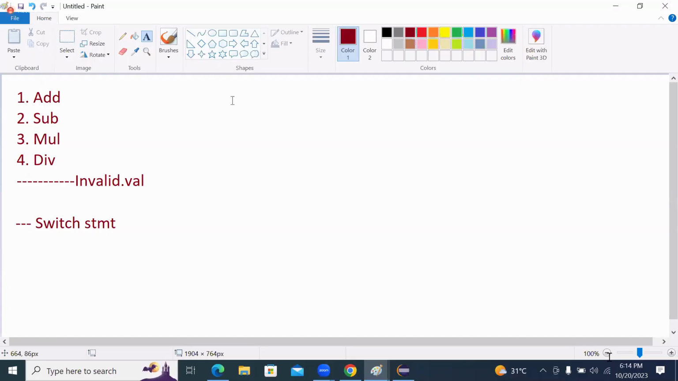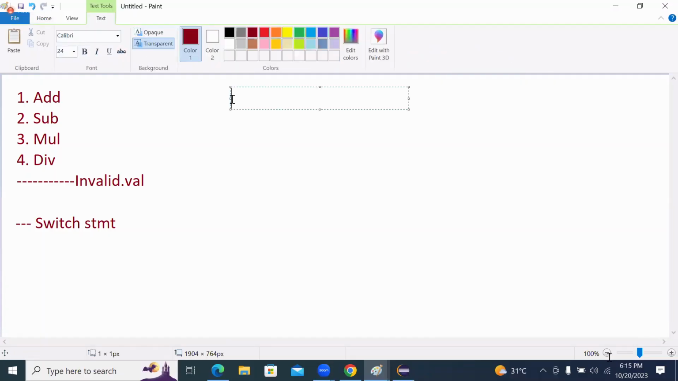See the understanding. Now, if I take the syntax of the switch statement, first I need to write switch. You need to open the switch statement and then close the switch statement. Okay. Inside of the switch,